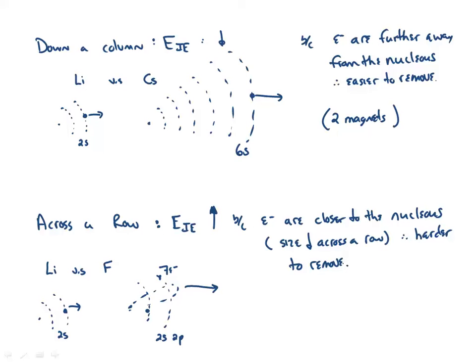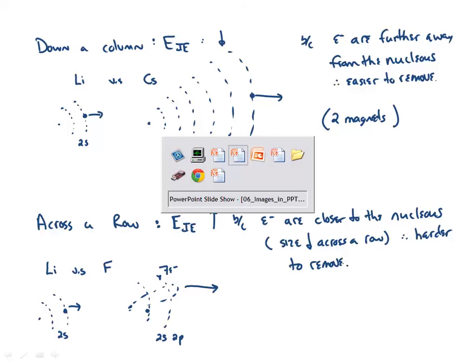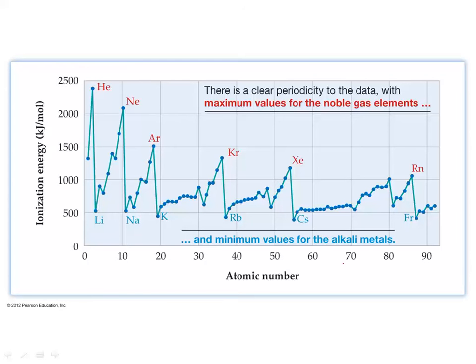So if we take a look at what happens in those periodic trends, we can find out some additional information too. So here is a plot of the ionization energy versus atomic number. And notice which ones have really high ionization energies. What's in common about all those elements? What am I talking about? Noble gases